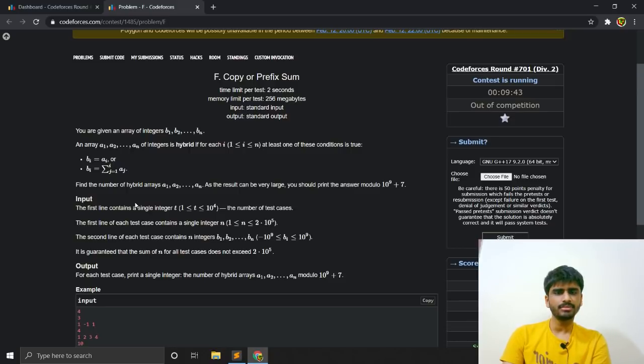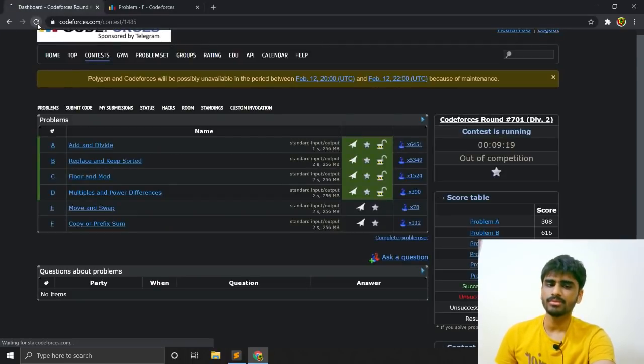Is it DP or something? Like if we know till one point how many they can make, will that determine it for the rest? I think it also depends on what the prefix sum is till now, right? So yeah, I think that's very difficult. Has anybody done it? I mean, obviously people have done it, but